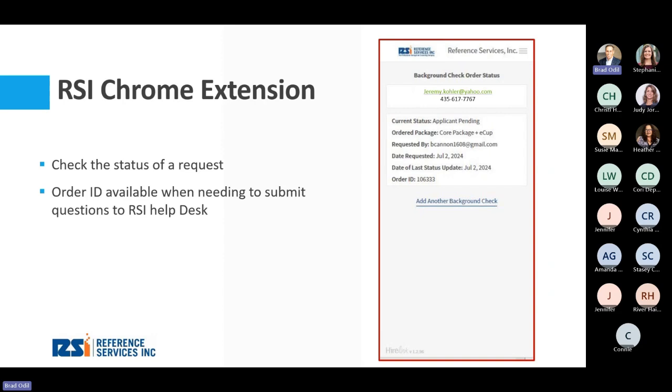At this point, that application is where they sign all authorization forms. They actually give us their personal information, like their social security number, their driver's license number if needed, their date of birth, things like that. The extension then shows you that current status of applicant pending, but also gives you an order ID number, which you can then get into our platform if needed and actually search and look at a pending order. That's not always necessary. Obviously, if you wanted to stay in the extension, the next